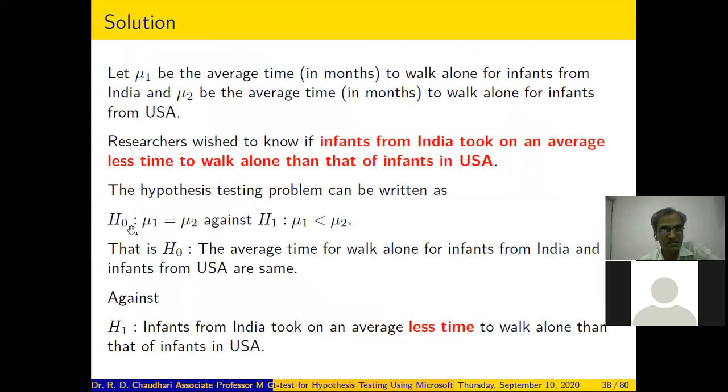The null hypothesis is H0: mu1 equal to mu2, against H1: mu1 less than mu2. Assuming the null hypothesis is true, their means are same, so the mean difference is 0. That means if mu1 equal to mu2, then mu1 minus mu2 equal to 0. So under the null hypothesis, the hypothesized mean difference is 0.